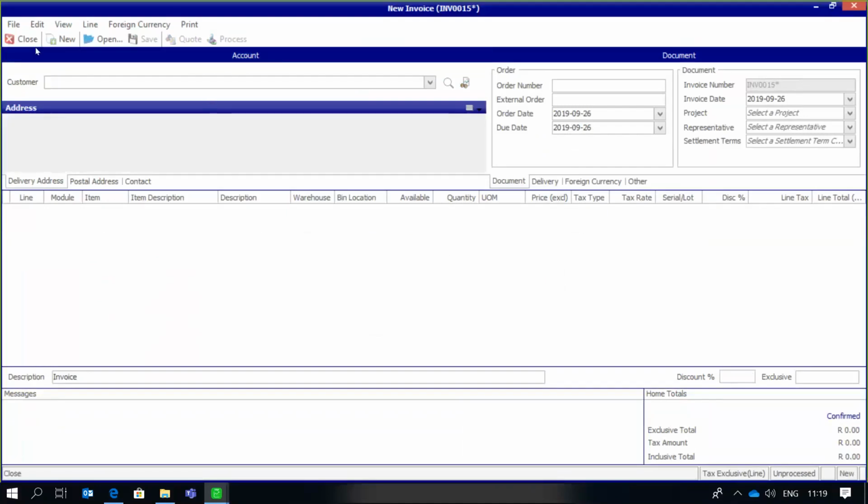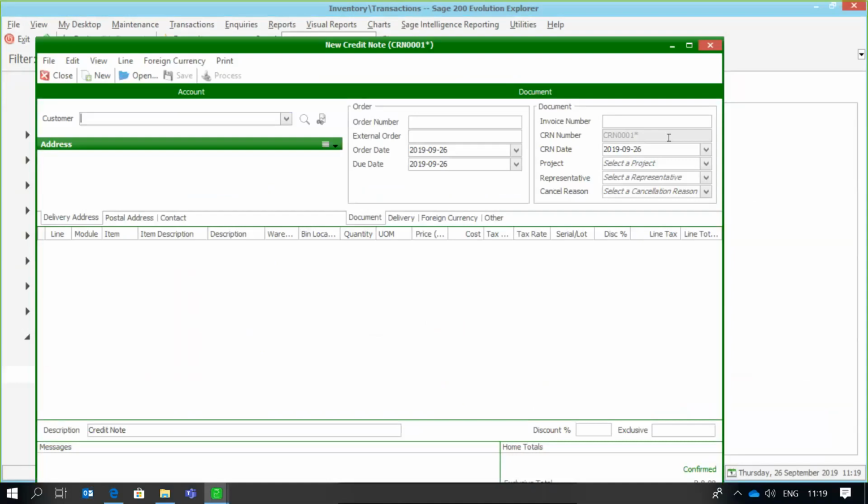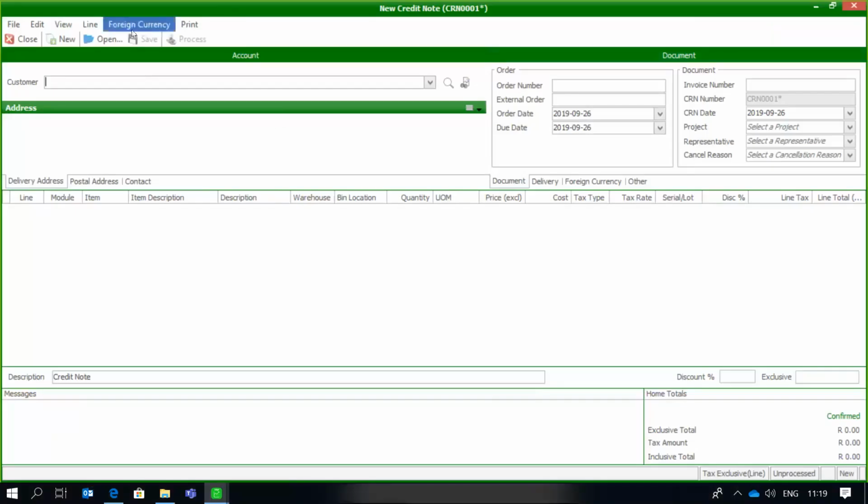Right, so it may be a case that the goods have been returned for whatever reason, and now we need to process a credit note for this transaction that we've done. Remember, in this particular example, we're saying that the user does have the ability to locate the invoice and convert that to a credit note, however, not be able to process the transaction. So the same user logs in and goes to credit note in order to process the credit note for the goods that have been returned. And we're just going to go open,